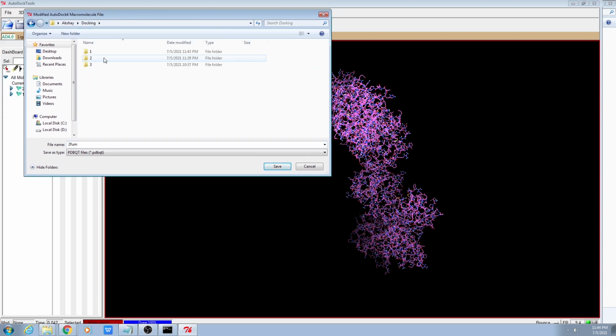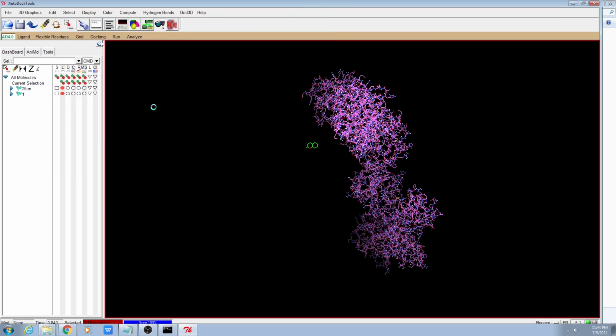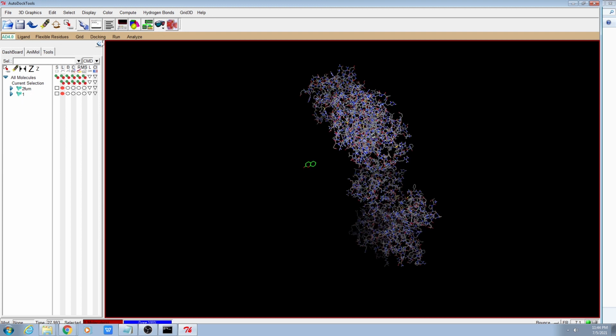Go to your folder, select 2fum.pdbqt, and then save. You have to replace this, yes. Now you can see the color has changed. This means your updated pdbqt file will be saved.